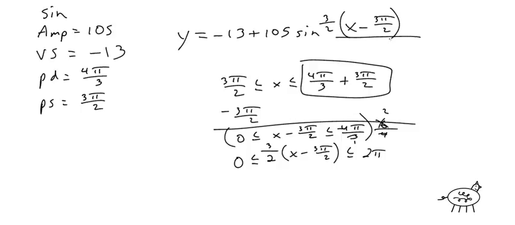One more. And you don't have to watch this whole thing. If you understand it, you're good to go. But I'm just going to do one more for you guys. I want you to graph a cosine graph with an amplitude of 16, a vertical shift of 9,